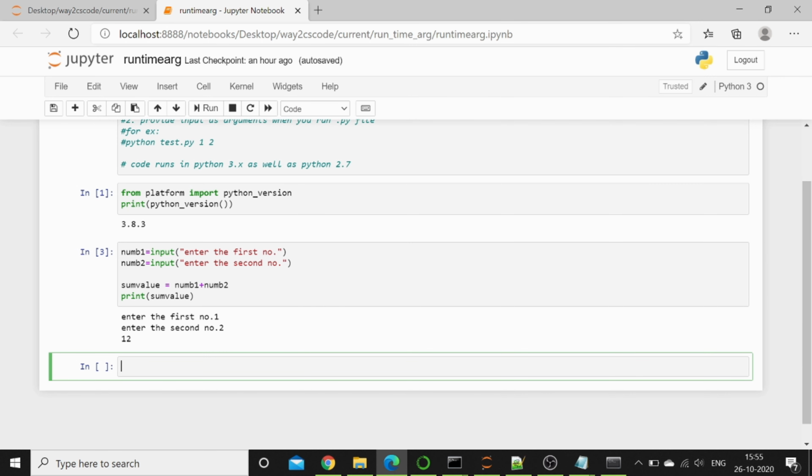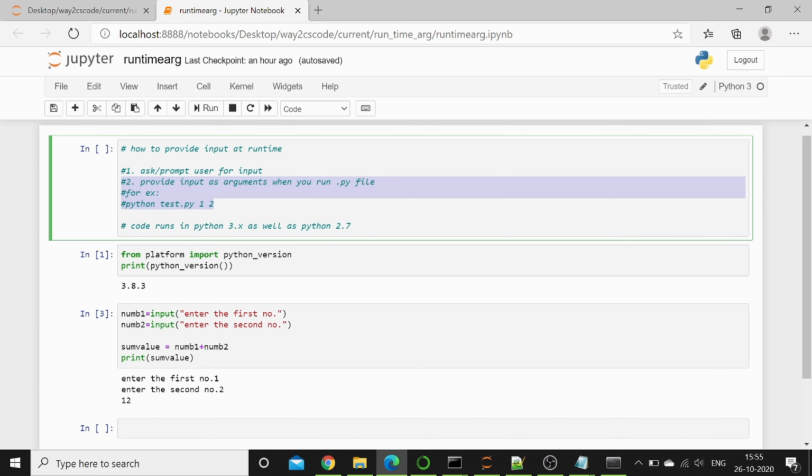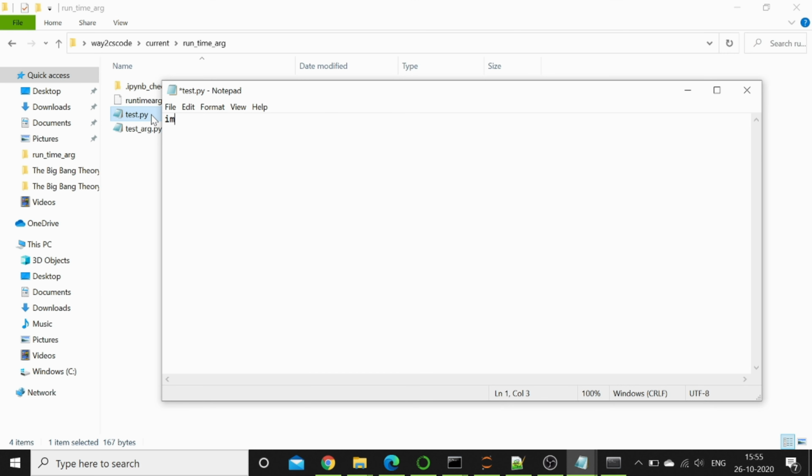Now let's try the second way that we discussed in here. The second way was you pass values as an argument to your file when you run it. So there's a package called sys package in Python, and we will be using that package to accomplish this. So import sys, and then